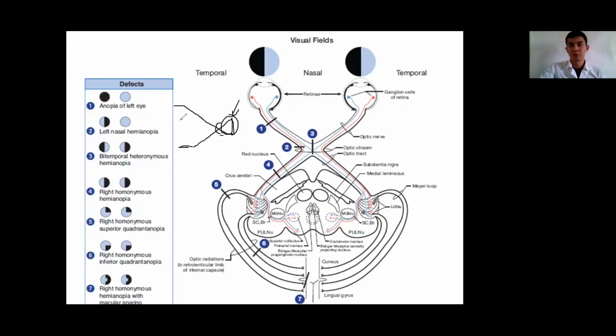So for example, if we see the letter A, this image will be inverted on the retina, and we will see the image like this. So A will be placed upside down,